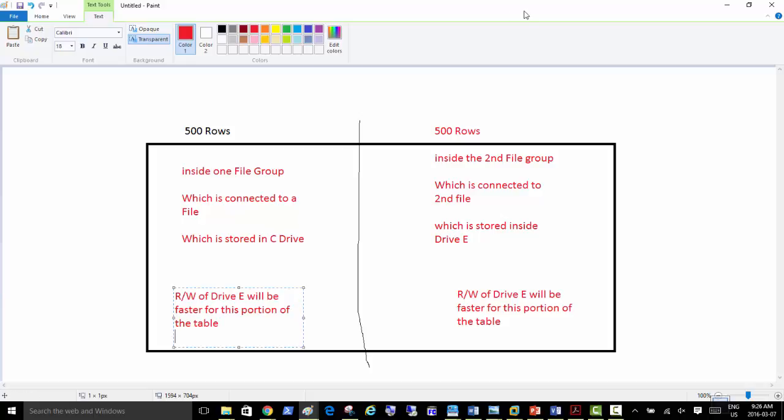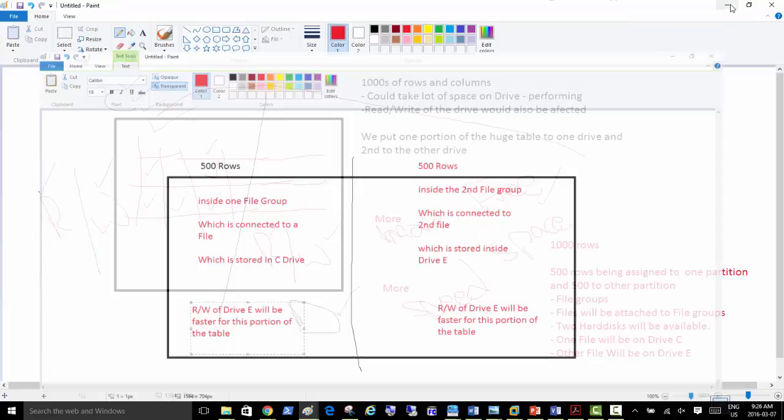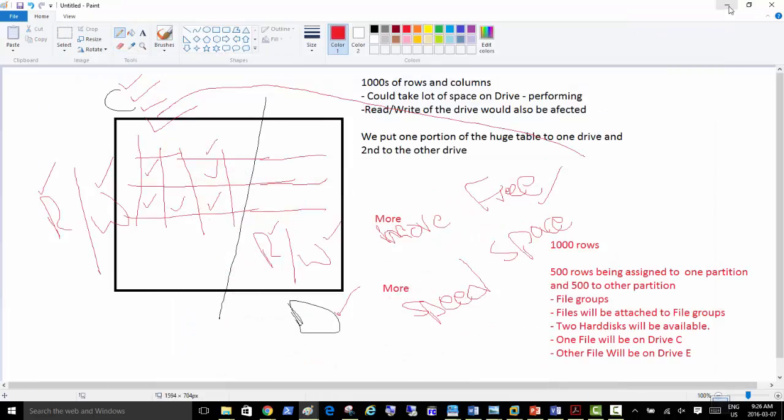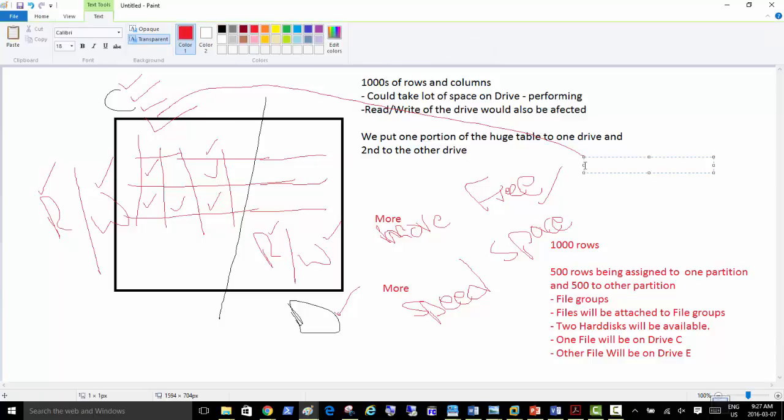So when thousands of users are connected, we can offer very fast tables and fast retrieval of data. Overall, what we are achieving here is fast import and export of data when we partition the table, right? That's the main purpose, and that's definitely going to be in the finals: how to partition a table.